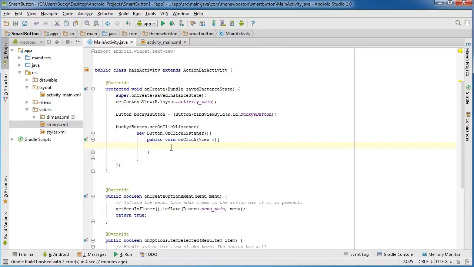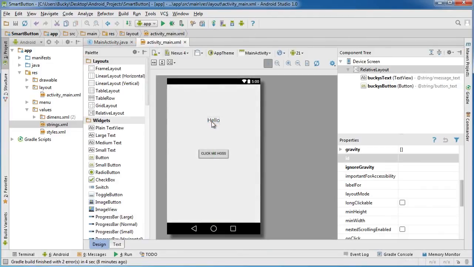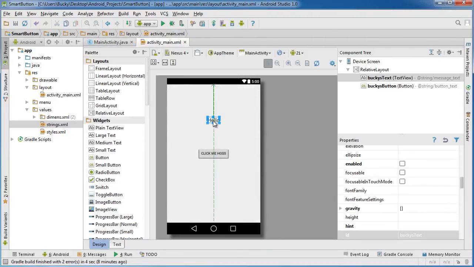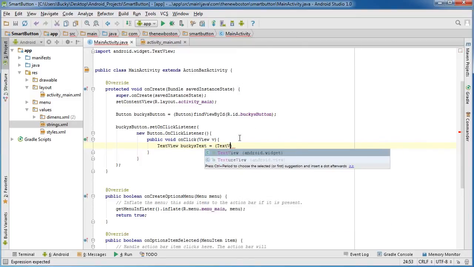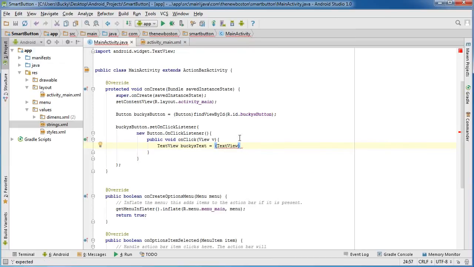So now within here we can actually type anything that we want to happen, but remember what I said I'm going to do is I'm going to change the text on this view right here. So the ID of it is Bucky's text, and again this is just going to take 2 lines of code. TextView, and I'm just going to name it Bucky's text and set it equal to the same thing we did up here, but we need to typecast it to a TextView object first, and then we can just do findViewById